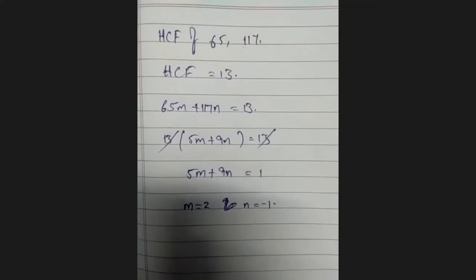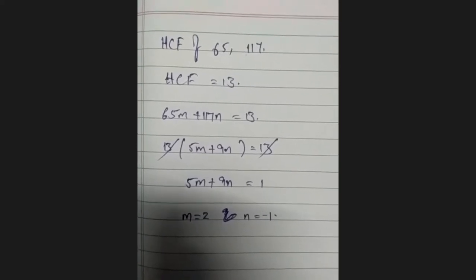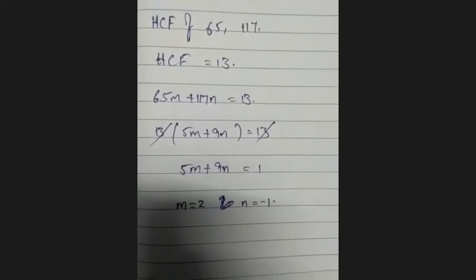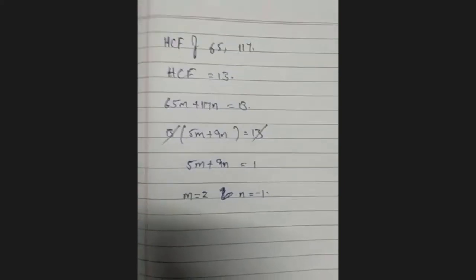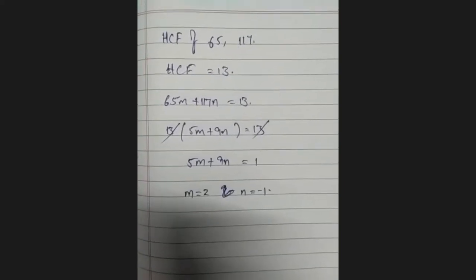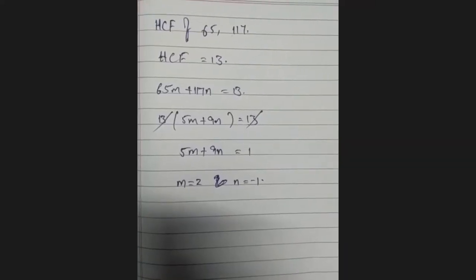From his answer, definitely some doubt should arise. That's what I'm asking. Yeah, Meher, please. Sir, HCF of 65 and 117 is 13. We want to write the HCF in the form of 65m plus 117n. If we take 13 common from 65 and 117, we will get 5m and 9n. Both sides have 13, so we cancel that and we get 1 on the right hand side. So 5m plus 9n equal to 1. If we substitute m and n values, which are 2 and -1 respectively, we will get the answer 1.